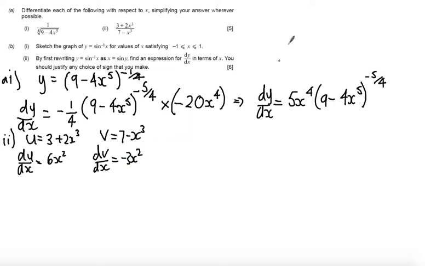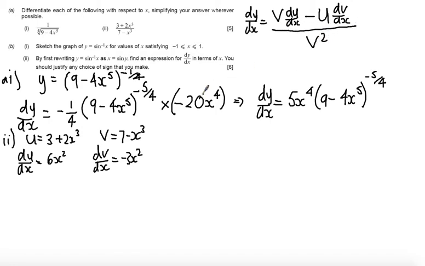Substituting this in the quotient rule, I'll just put up here, dy by dx is, and it's important you get the order right on this, v du by dx minus u dv by dx, all over v squared. So when I substitute this in, dy by dx, v du, I get 6x squared. Notice that I'm not going to expand the bracket here. 6x squared times 7 minus x cubed